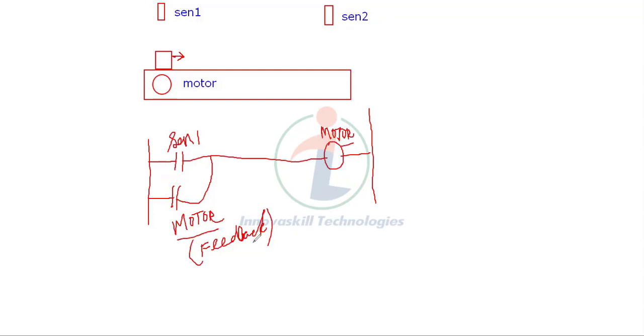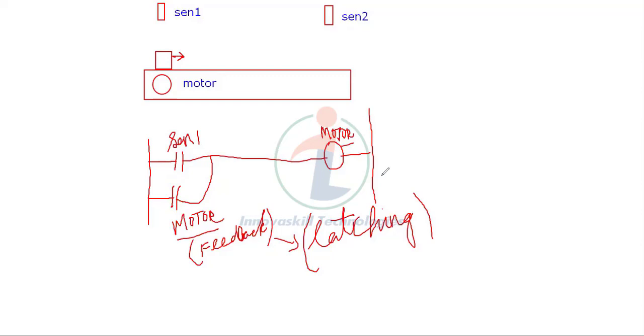This concept of taking the feedback is called latching. Even if the sensor is off, the motor will be continuously on.